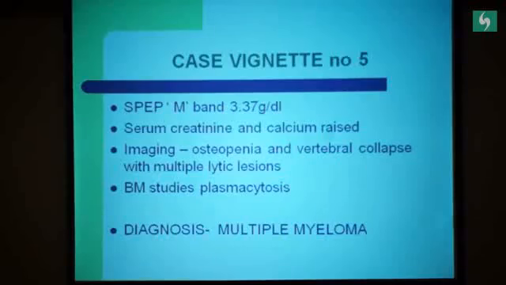The history we got later was that the wife felt that this guy had shrunk in his height. So what was happening was vertebral collapses, but that all went unnoticed unless he actually had a trivial trauma and that pain got him to the hospital. The anemia happens so gradually that people don't notice it. Bone marrow was done, showed plasmacytosis, diagnosis of multiple myeloma, presenting with anemia.